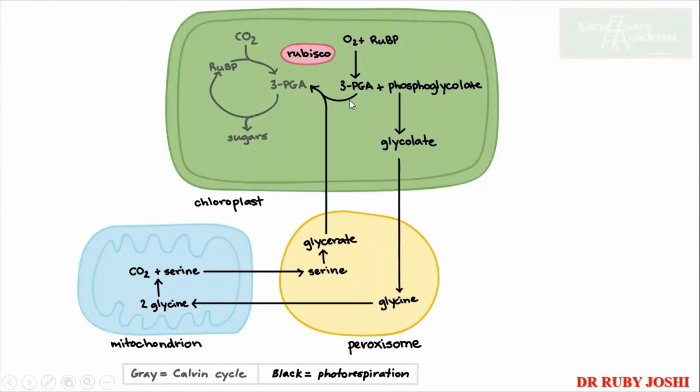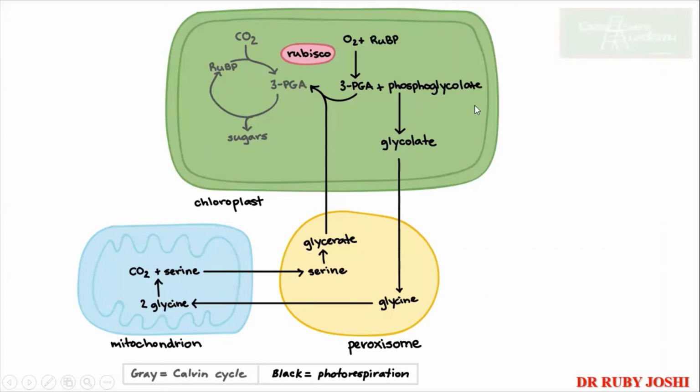So when CO2 is more, the normal Calvin cycle will happen. But if suppose the Calvin cycle is not happening and you have more oxygen present near the plant cells, then you take oxygen. So when you take oxygen, it goes and combines with ribulose bisphosphate. So the enzyme, what it will do, instead of giving 2 molecules of 3-phosphoglycerate, it will give one molecule of 3-phosphoglycerate and one